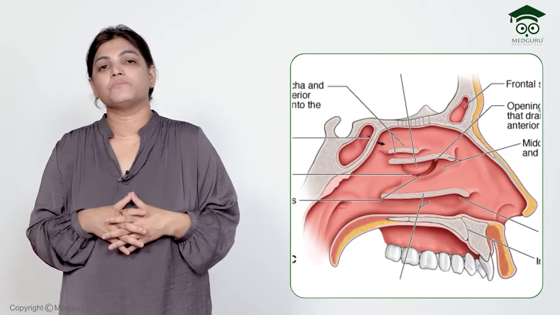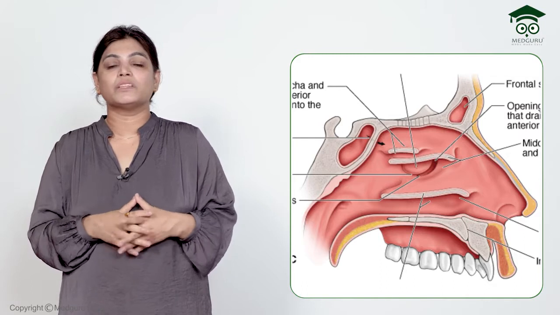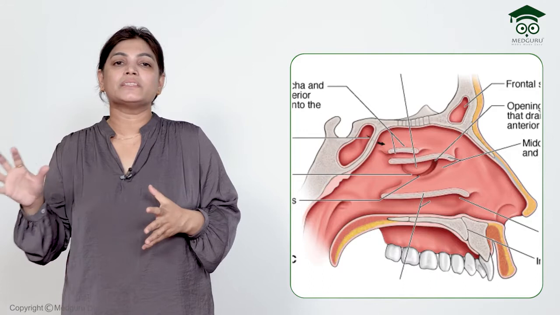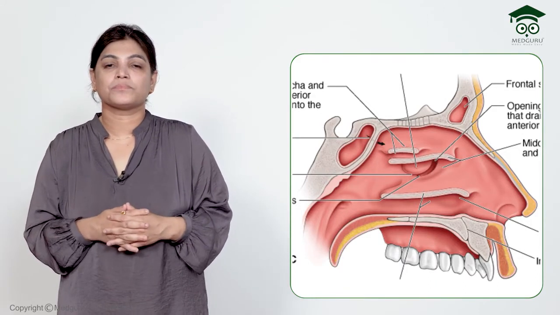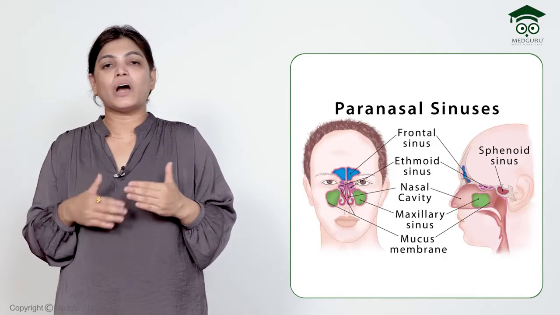Sometimes only a short note comes, just explain the lateral wall. So the structures opening in the lateral wall with a very good labeled diagram and write the notes. You should know all the openings and structures in the lateral wall. Now after the discussion of the lateral wall, we will describe, again I told you, arterial supply and